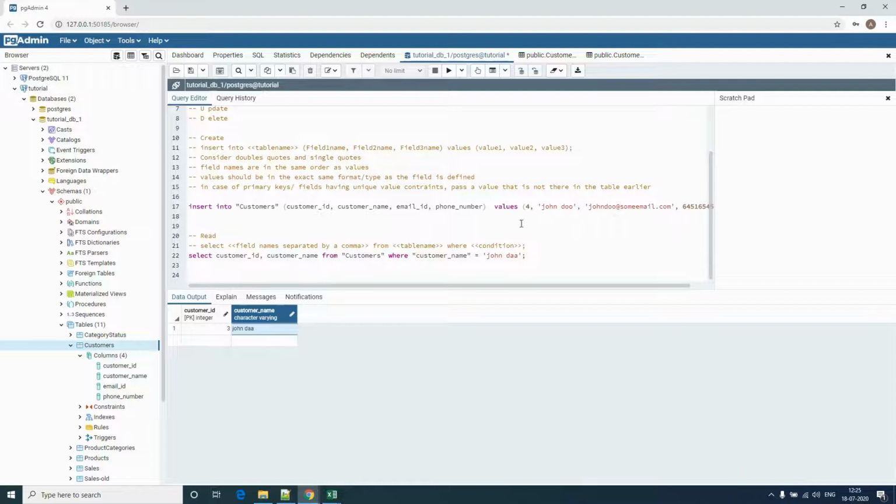Now you say, okay, do I have to write all the field names if there are 100 fields or 100 columns in one table? Do I have to write all the names for me to see that? No, you don't need to. What you can do instead is write select star, and star means pick all the names. So I'd say select star from customers, where customer underscore name equals to,